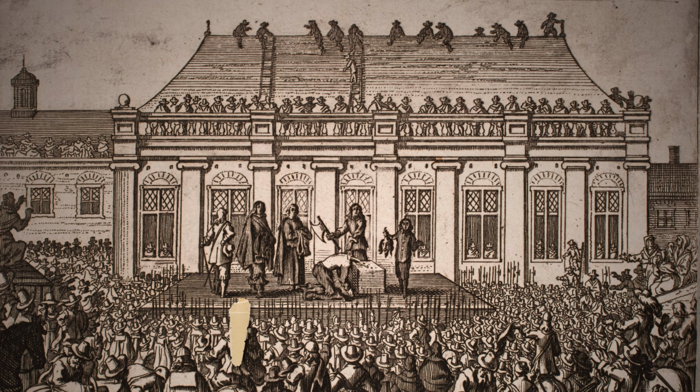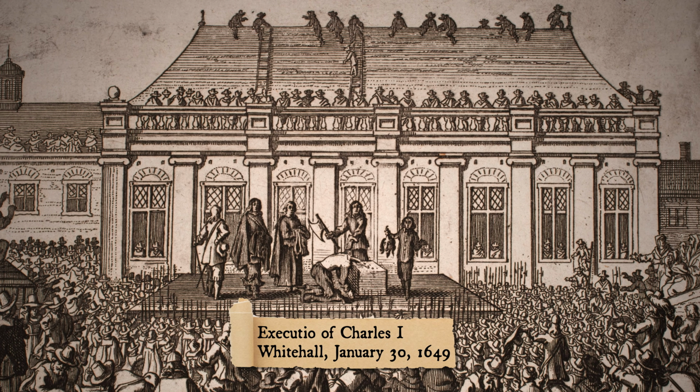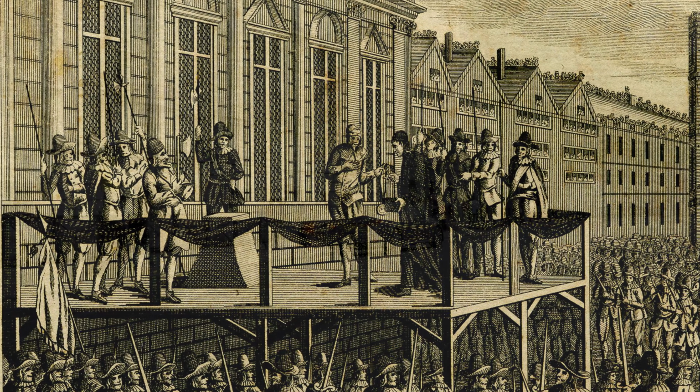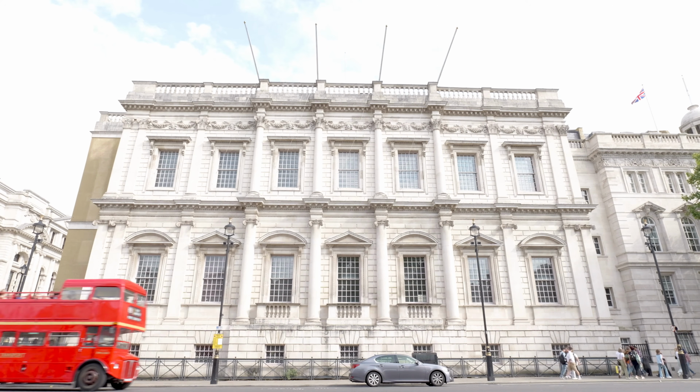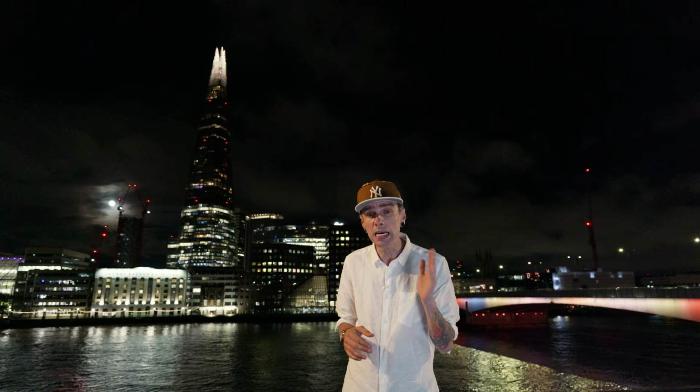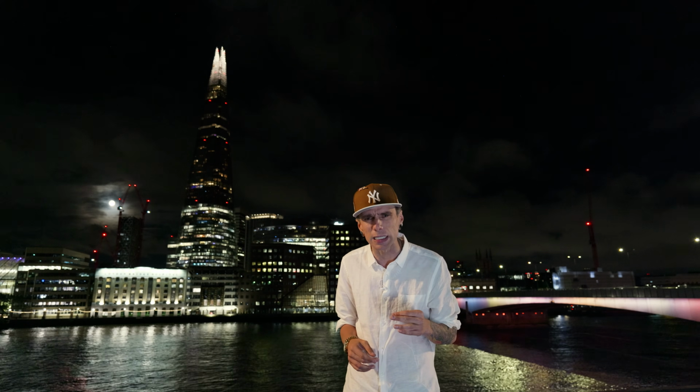publicly executed, which he did at 2 in the afternoon on the 30th of January 1649, outside of Banqueting House on Whitehall, which is still standing there. It's been there since 1619. We then, though, had 12 complicated years of English politics that followed that, but once we got to 1661, King